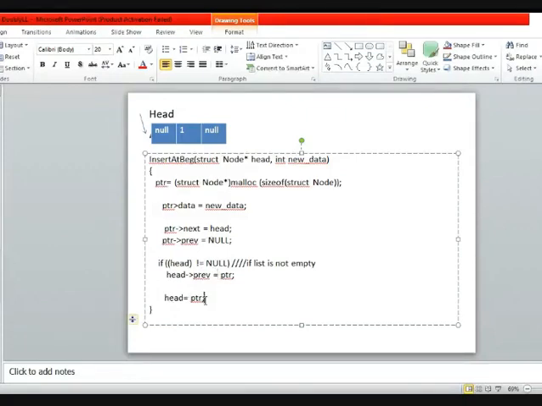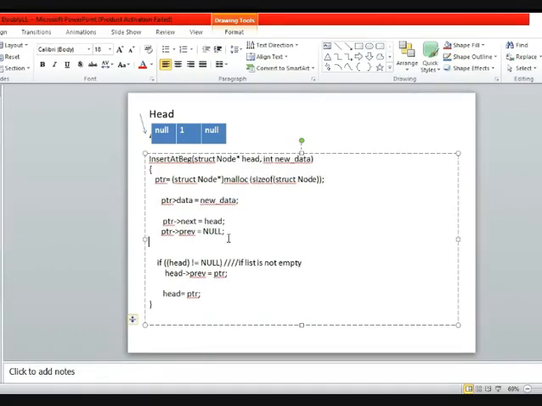But if you are having an empty list, what you have to do here is just assign ptr next is equal to head, and because head is null, automatically null will be assigned here.